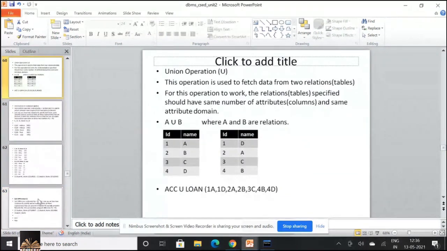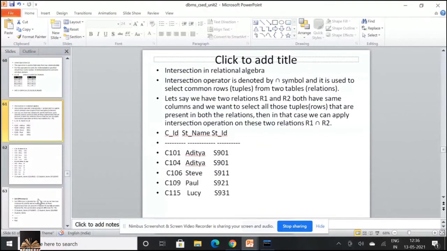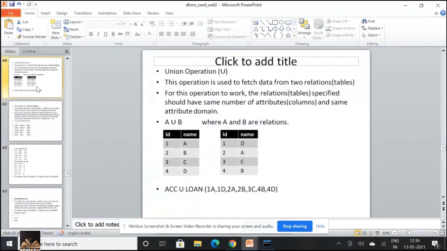Okay. Next, union operator. All these set operators I'll be again covering for you in the third unit with respect to MySQL. So what is the union operation? This operation is used to fetch data from two relations. For this operation to work, the relations specified should have the same number of attributes and the same domain.